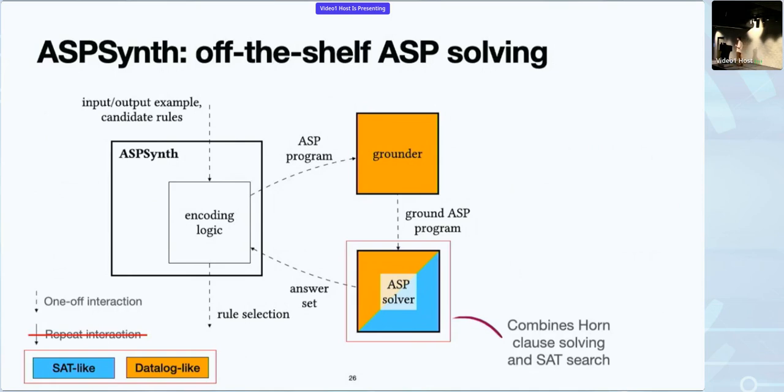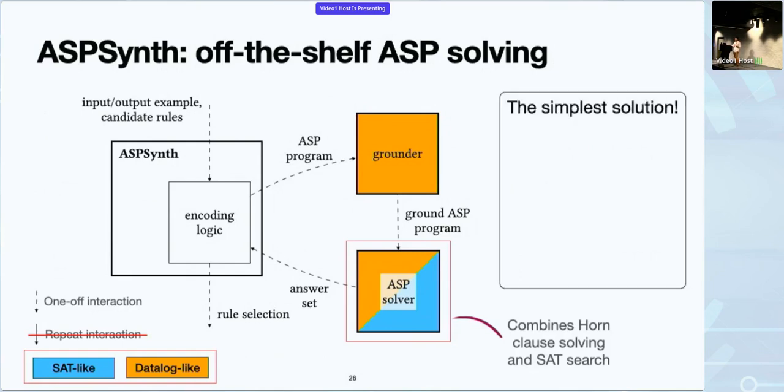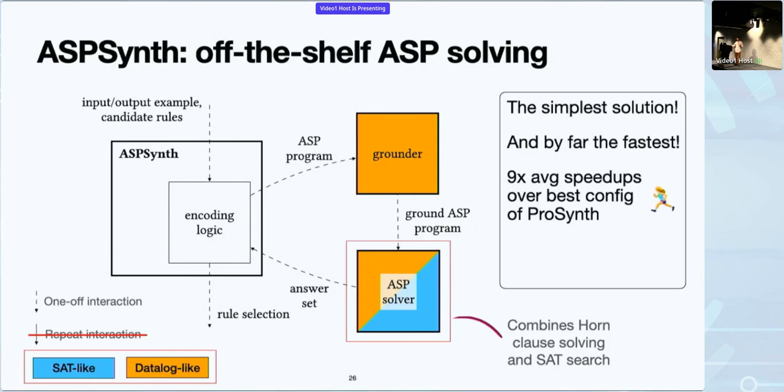And it's this combination, the fact that the ASP solver can do this for us, that gives us a very simple solution and also a very effective one. So this one has like a 9x geometric mean speedup over ProSynth. And it's also easy to tweak it to do stuff like find minimal solutions. So in conclusion,